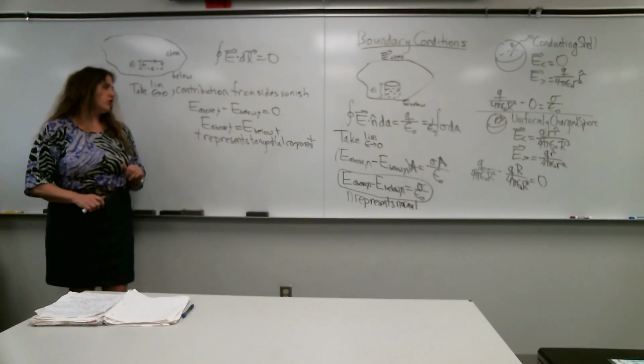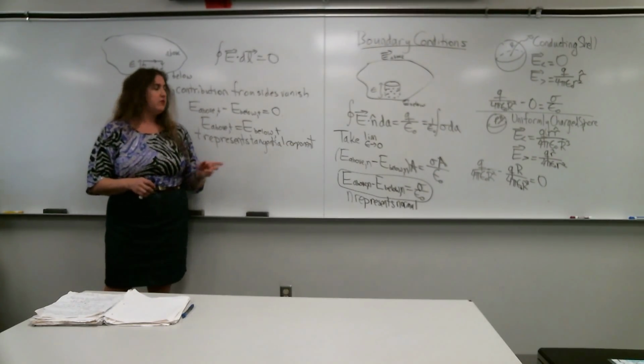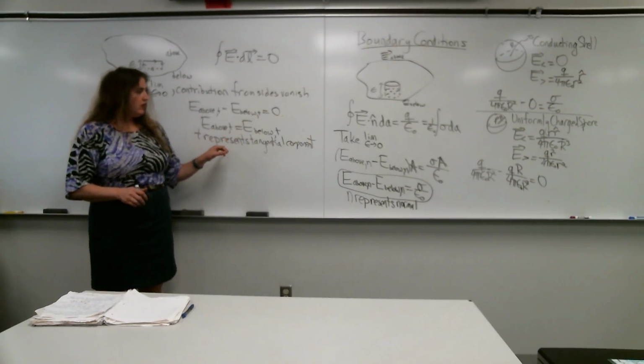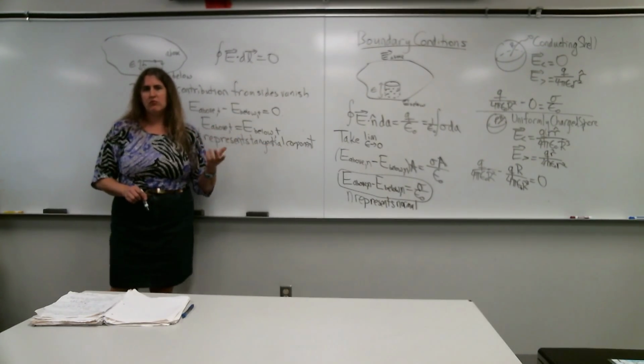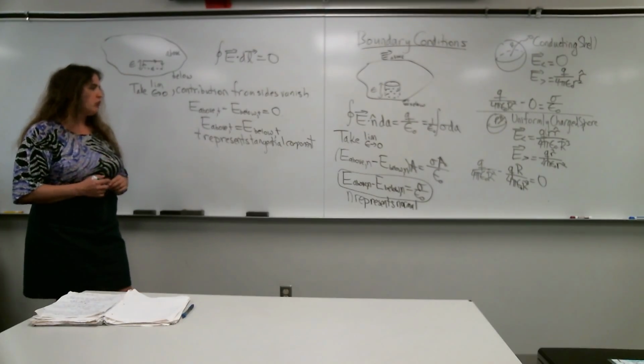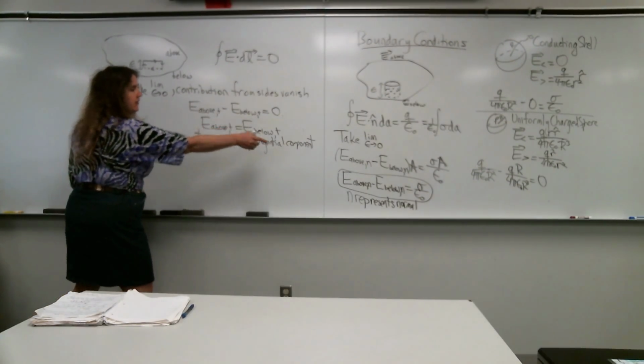As far as the tangential component goes, that's going to be continuous. It's nice if you express these two equations in one equation in a nice compact form. So I'm going to write both of these together as